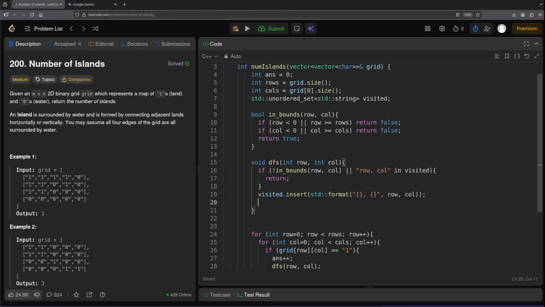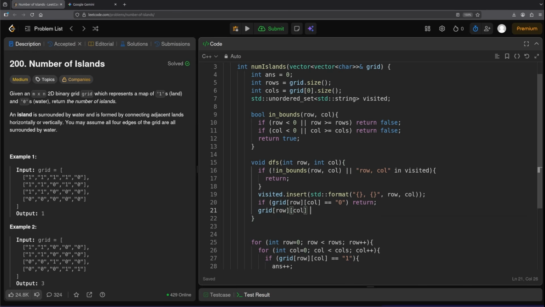I think we wanted to check if the current cell is equal to 1 or 0. So if it's equal to 0, if grid at row and col equals 0, we can return out of this. Otherwise, we can set grid at row col equal to 0. And we want to call DFS on all of our neighbors. So for,